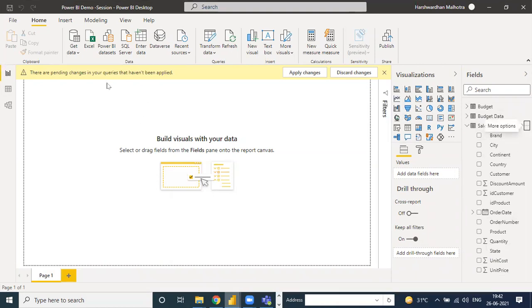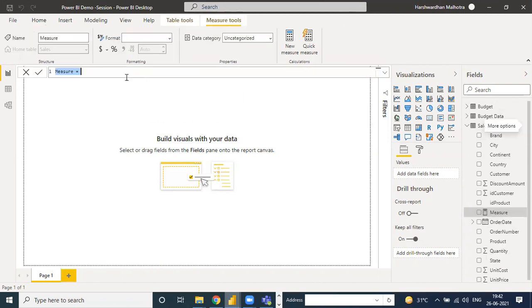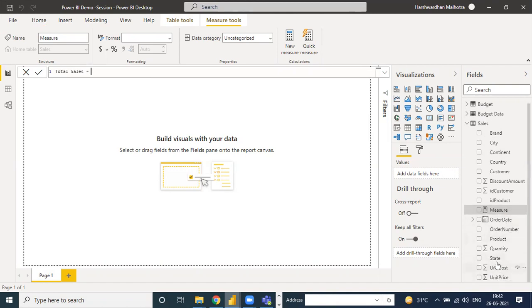Click on the sales measure. Total sales. Then how does the measure work? It is used for the sum of the sales, by multiplying unit price and quantity. Then it equals SUMX.